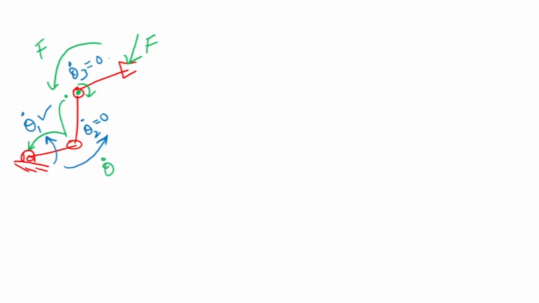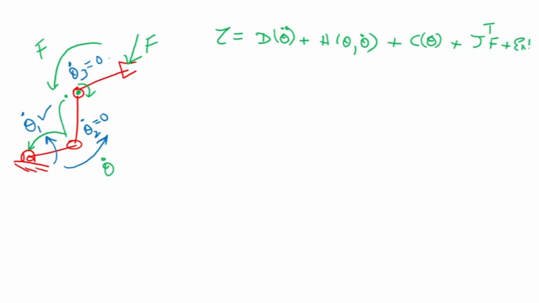Now when we talk about dynamics, the dynamic equation is written in the form tau, that is the forces acting at the joints, is equal to the inertia matrix into acceleration plus the Coriolis centrifugal forces. So let's call it H, the H matrix, H(theta, theta dot), which is a function of the position as well as the velocity, plus you have the gravity terms, which is C(theta). Plus there can be other external terms, so J transpose F, plus there can be other external forces plus friction. Let me call this friction forces.